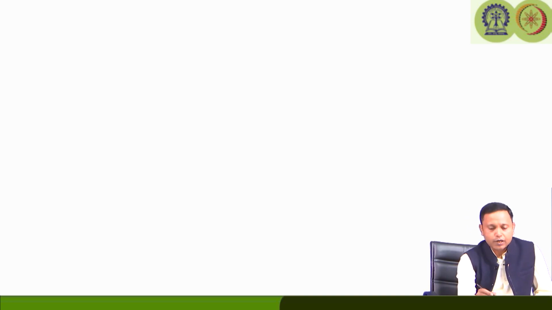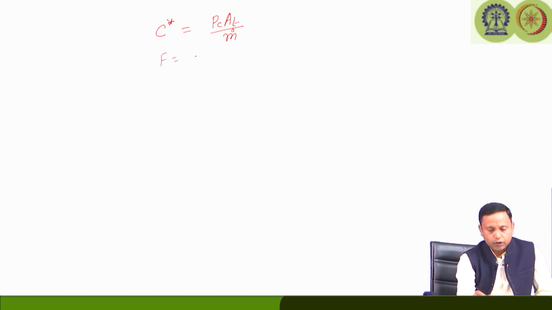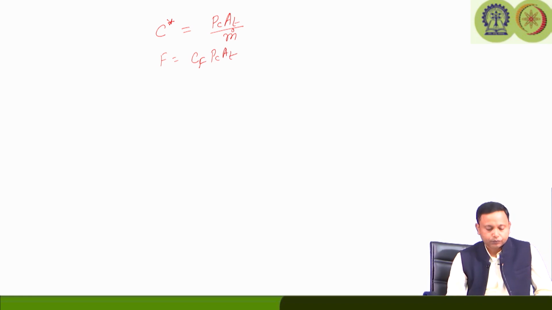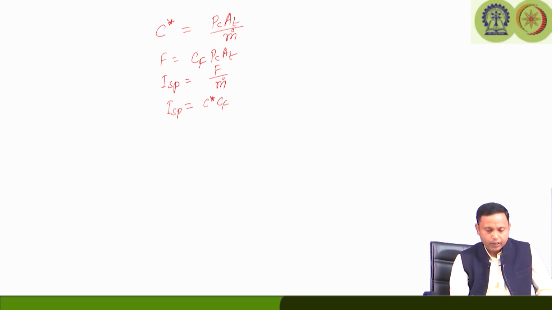So, combining all the performance parameters we have learned so far, what can we write? We can write C star equal to P C A T by m dot, that we have already seen in the earlier class, and today also we wrote. We had written F equal to the amplification factor C f into P C into A T. We had already said the specific impulse ISP is going to be equal to F by m dot. So, combining this, we can write that ISP is equal to C star into C f. So, what we can say is that this specific impulse is a composite index,